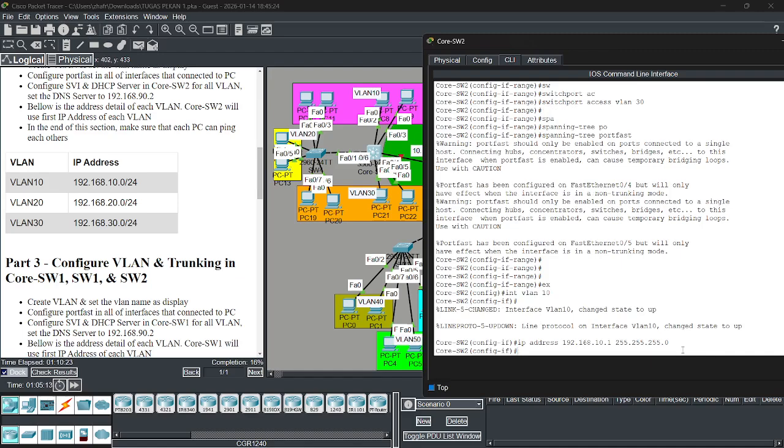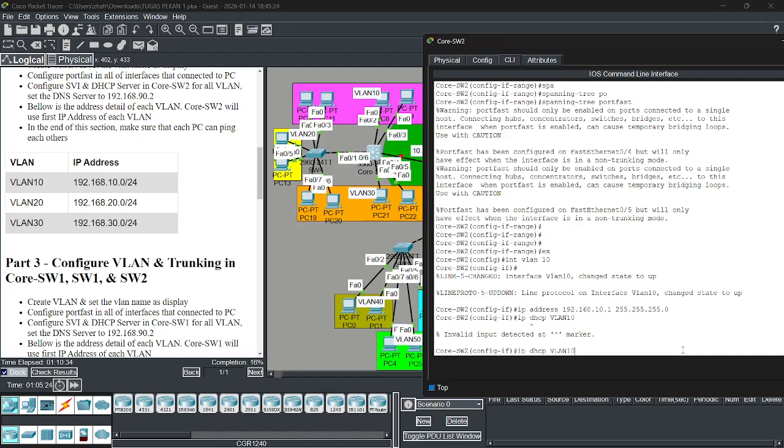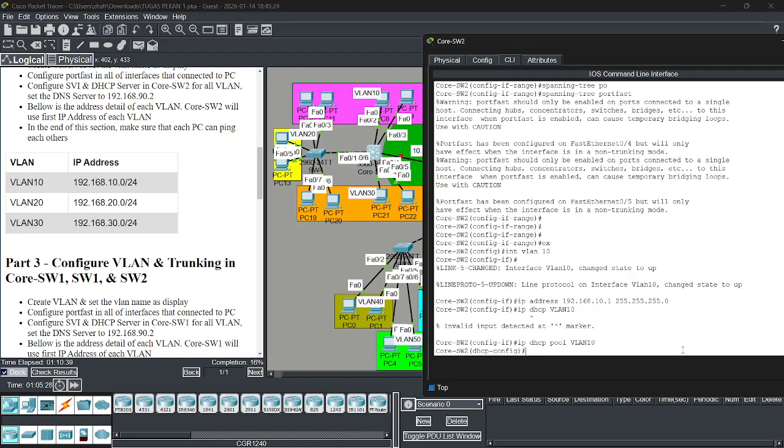Then ip dhcp pool. The name is VLAN 10. Oh, sorry. VLAN 10. The network is like this, 10.0. The subnet mask is like this.